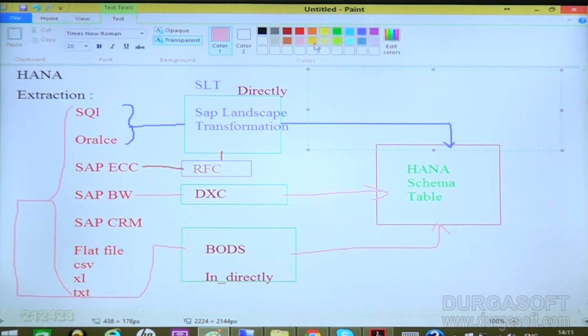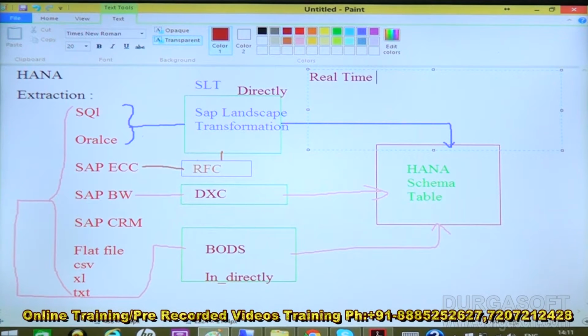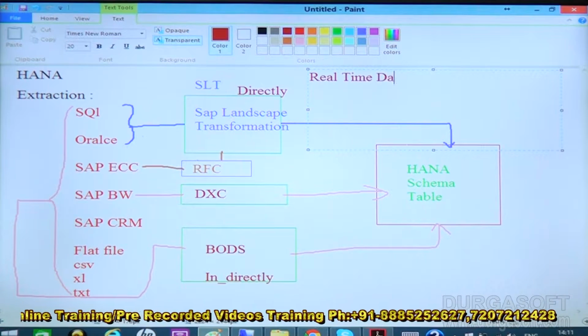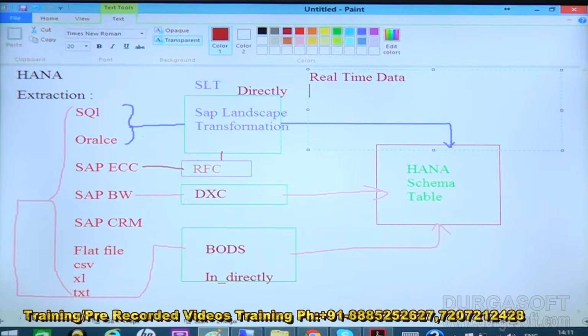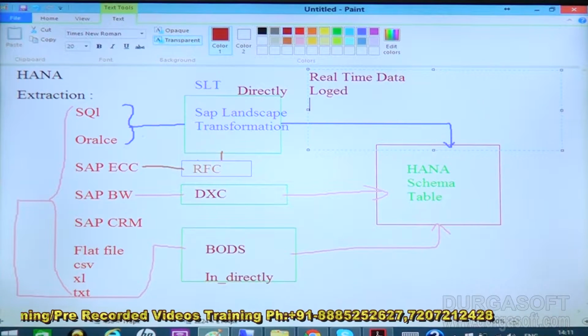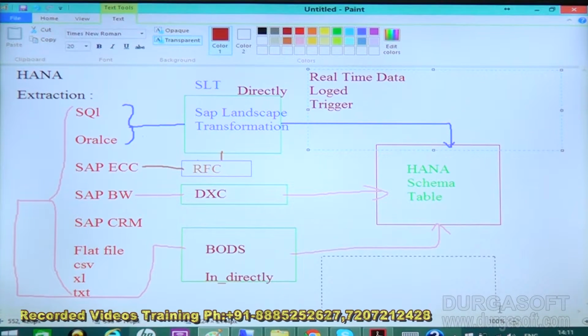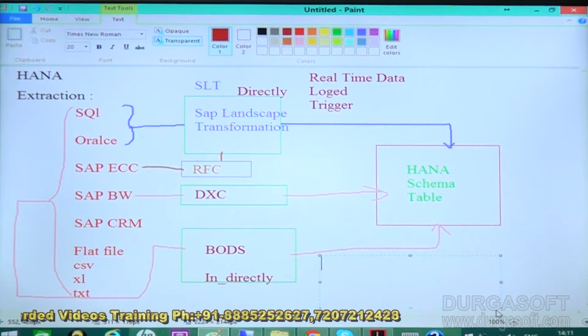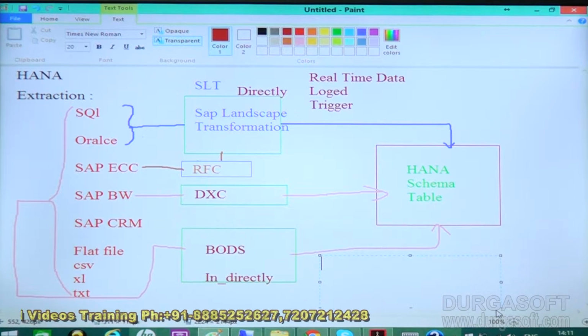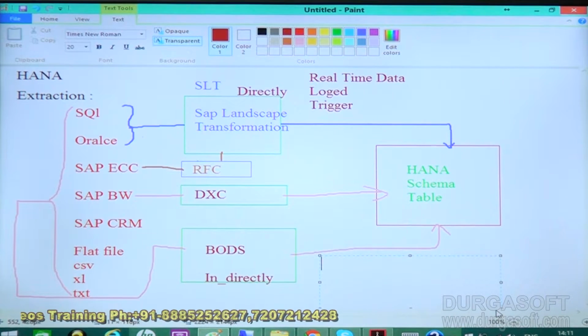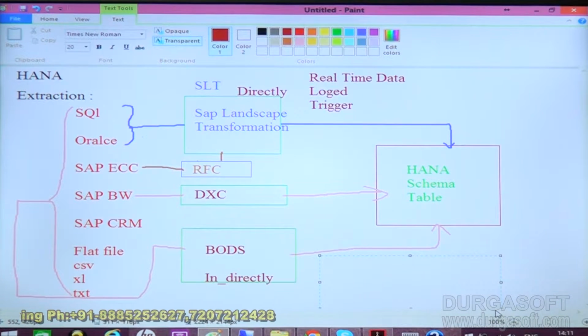Suppose my client says he needs real-time data. If the company needs the real-time business data, which would happen in every case, we call it log-based or trigger-based data. In that case, we have to use the SLT part. Or else, if the company wants to go with indirect extraction, why? It has certain reasons. Suppose my company has been using SQL Server for the last 20 years, and they want to convert that data into the SAP HANA system from this environment.